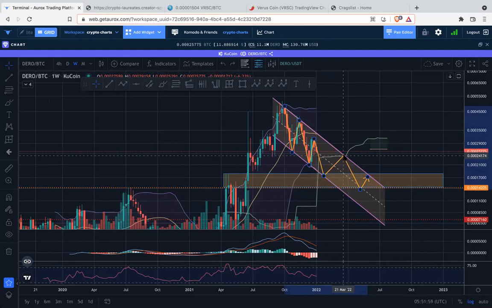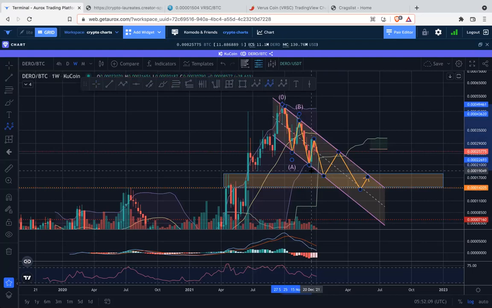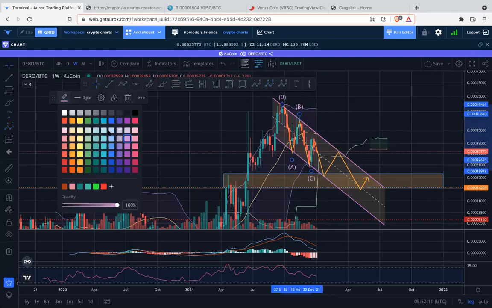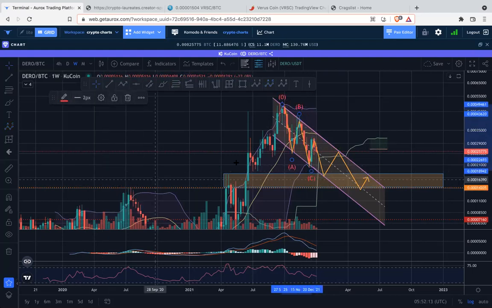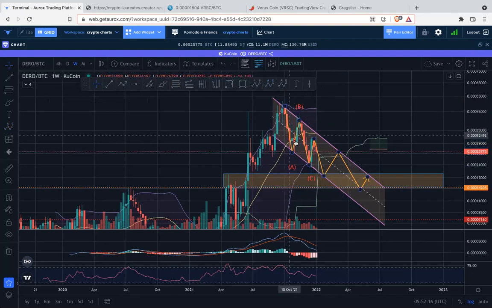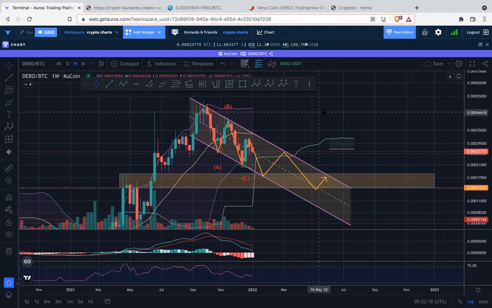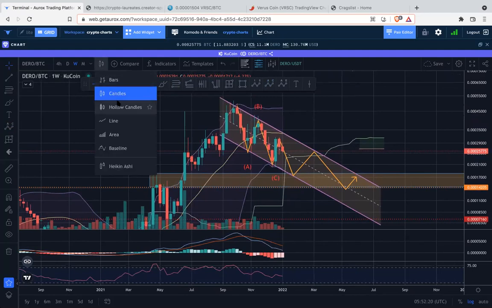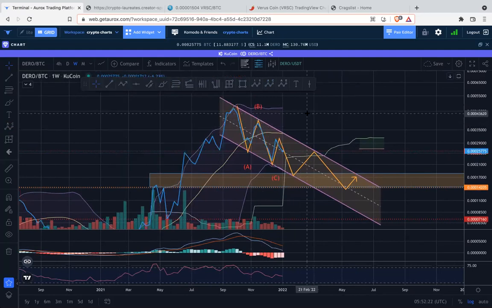So maybe the Ichimoku cloud is resistance and it's over here or something. But bottom line, the reason being is that we can call some form of ABC pattern here. I'll just cut into it with the line chart, and I'll remove the